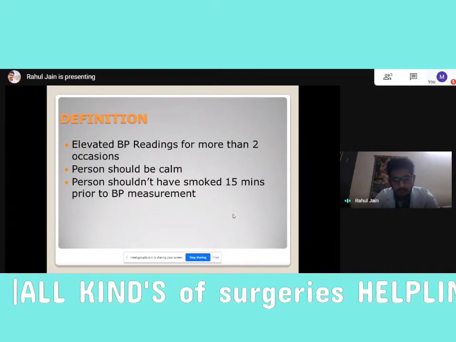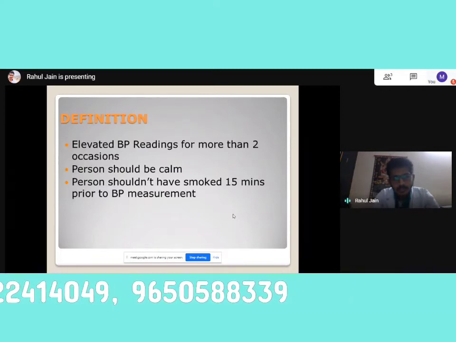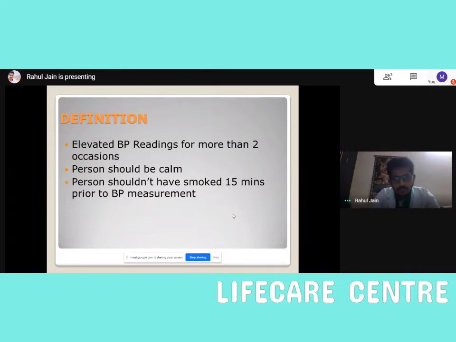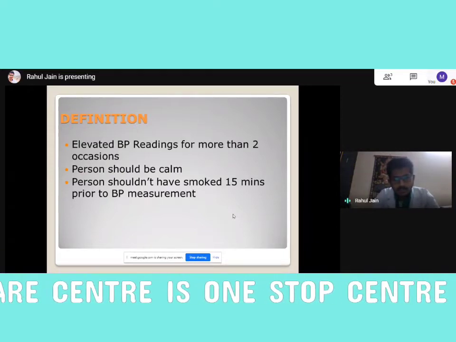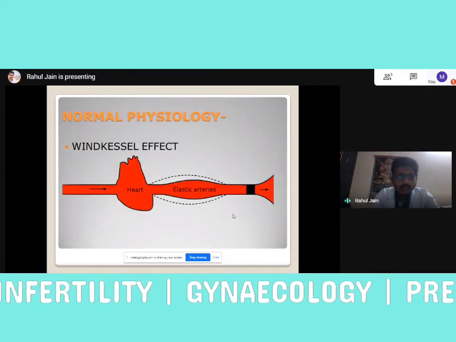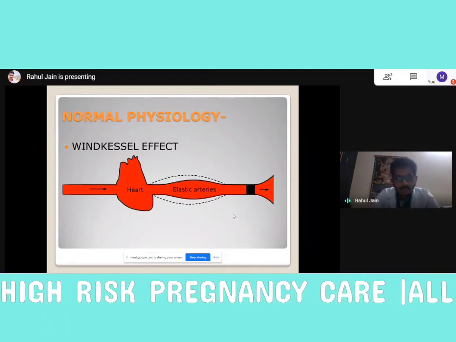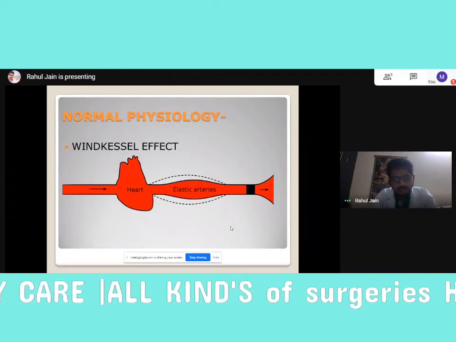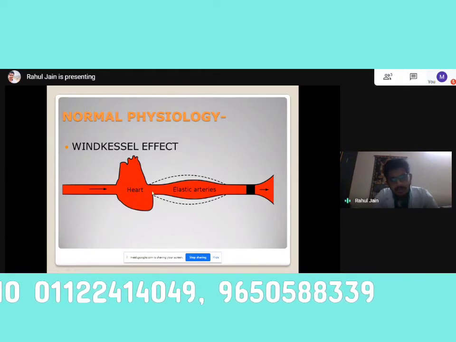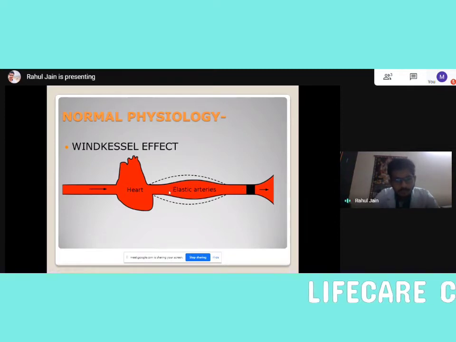I want this point to be highlighted that blood pressure is a pressure exerted on the vessel wall by the lateral column of blood. So when we talk about blood pressure, we always say that it exists as systolic blood pressure and diastolic blood pressure. So why is there systolic blood pressure and diastolic blood pressure? If we see the logic, whenever the heart contracts, blood is pushed into the aorta and towards the whole body, and that is responsible for systolic blood pressure.